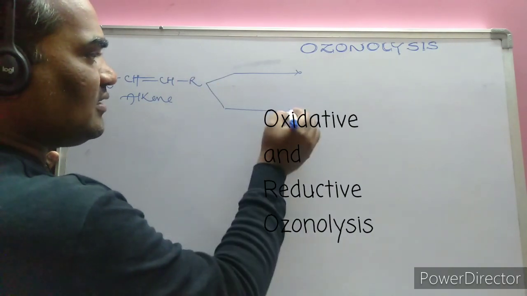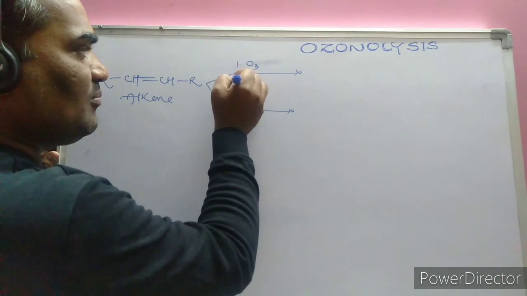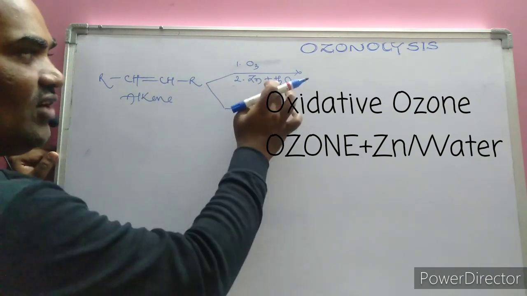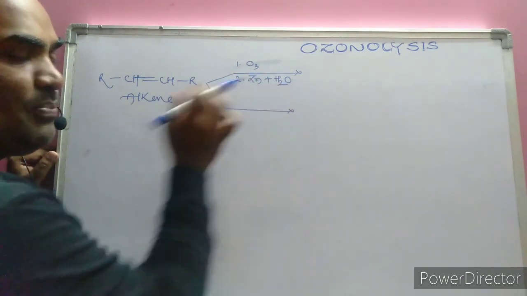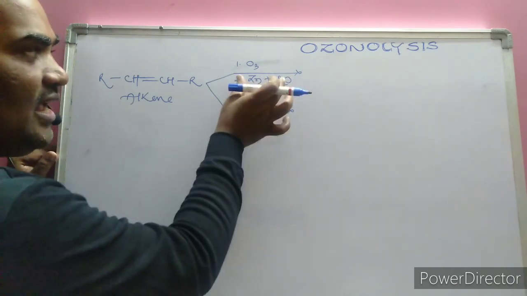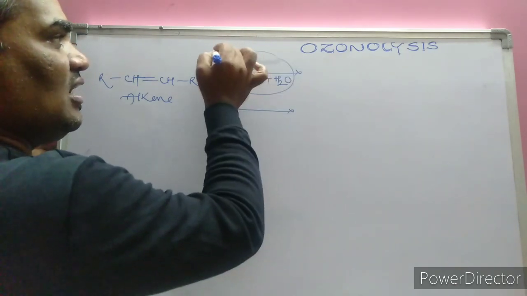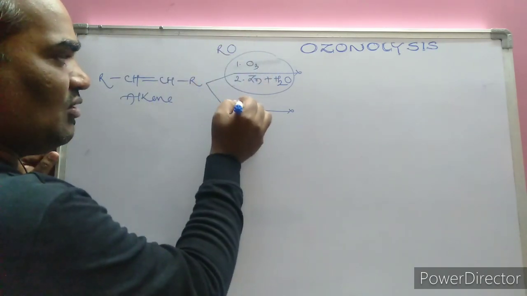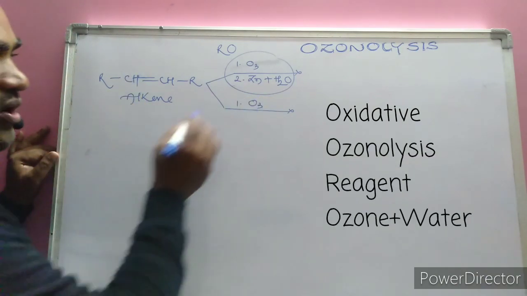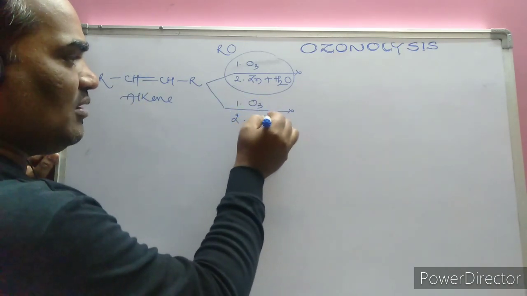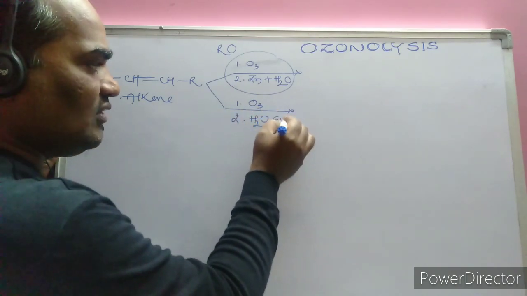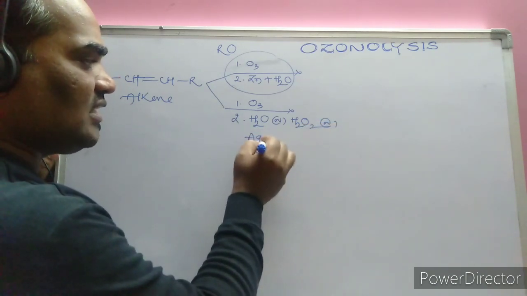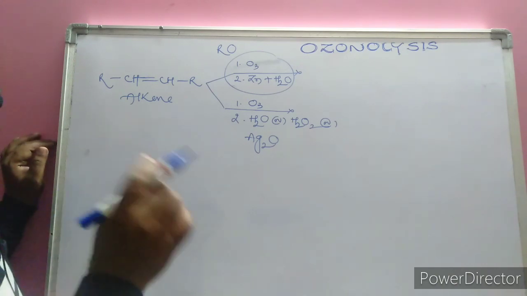Alkene on ozonolysis: step 1 is O3, step 2 is zinc plus water, or dimethyl sulfide with water, or hydrogen in presence of palladium, or triphenyl phosphine, etc., which is known as the reductive ozonolysis process. In the other, ozone is added to the unsaturated hydrocarbon, and the second step is instead hydrogen peroxide, or silver oxide. Those all act as oxidizing agents.